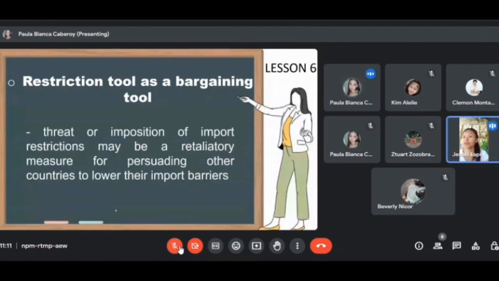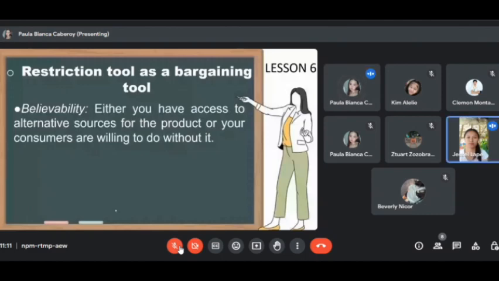On the other hand, the danger is that each country then escalates its restrictions, creating in effect a trade war that has a negative impact on their economy. To use restrictions successfully as a bargaining tool, we need to be very careful in targeting the threat, particularly to consider two criteria. Next,